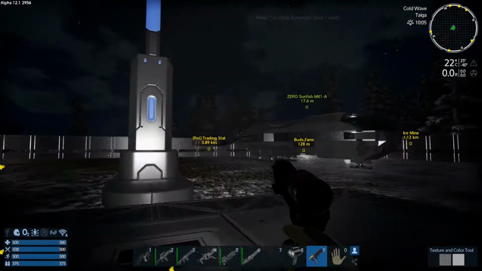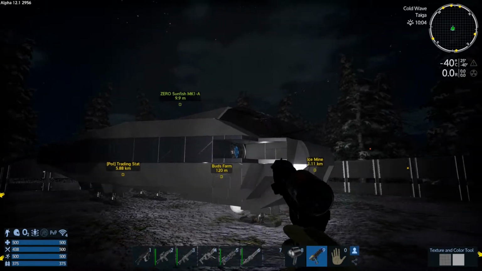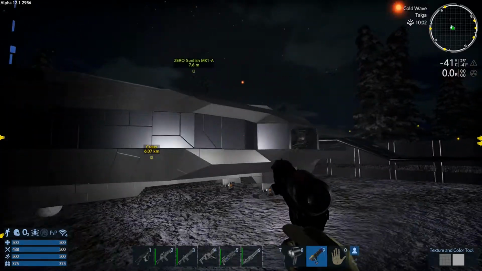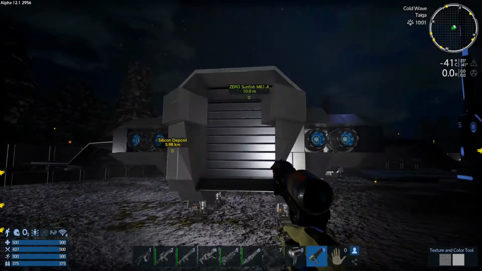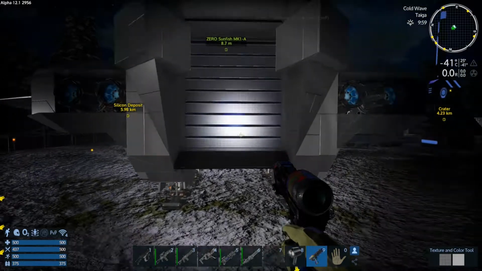But we have got this. Oh yeah. This is the new SV. This is rather large compared to most of my SVs. This is actually a very big ship, and it's quite spacious on the inside. So let's just